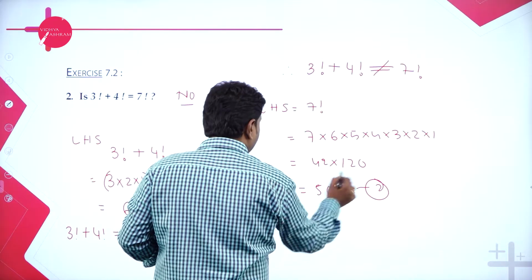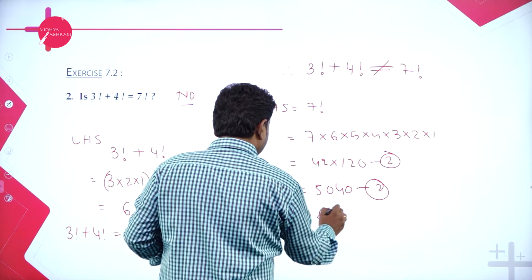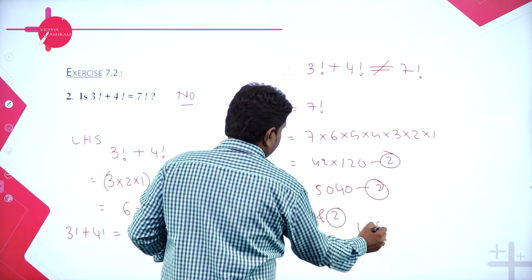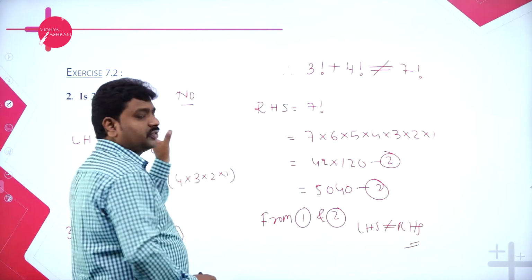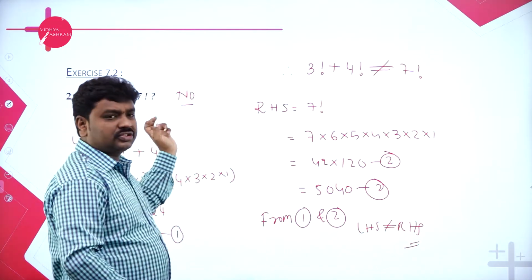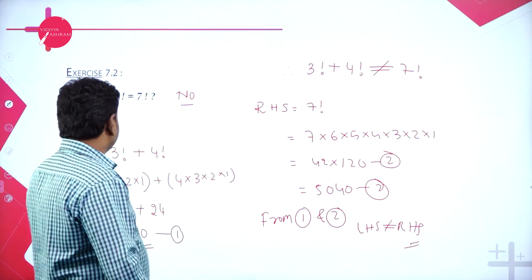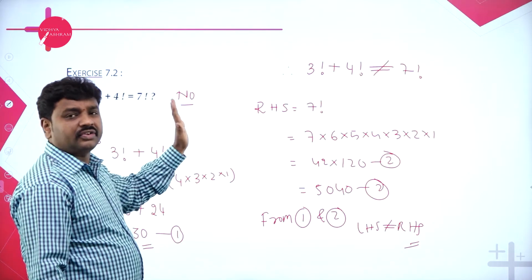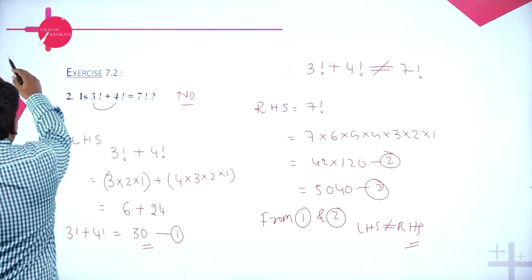From 1 and 2, here only you can stop. From 1 and 2, LHS is not equal to RHS. What is the conclusion? Always the sum of two numbers' factorials is not equal to the factorial of the sum. So 3 factorial plus 4 factorial is not 7 factorial. So you cannot add these two directly, remember that. Then we have